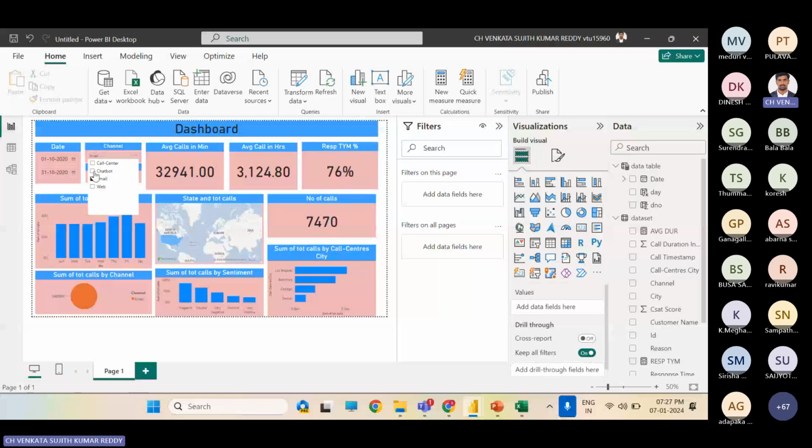Or if you go for the chatbot, what is the thing? If you want to do this in Excel or any other business intelligence tool, it will take more time. Here I have done this within 20 to 25 minutes only, whereas it would take 30 to 40 minutes. If you want to create the same thing in any other tool, it will take more than this time, and it also needs more technical stuff like coding skills. Power BI is too simple, so we have done it here.